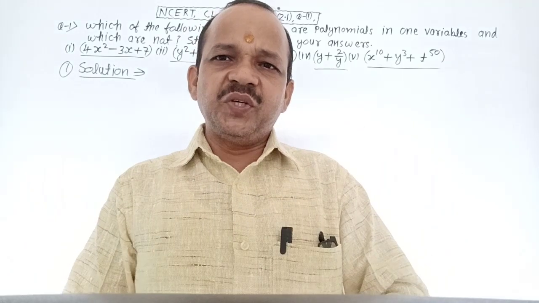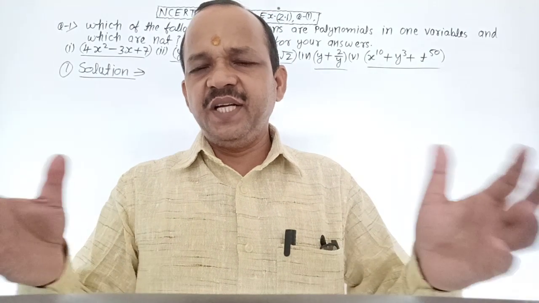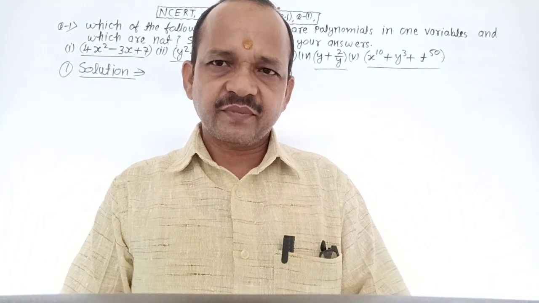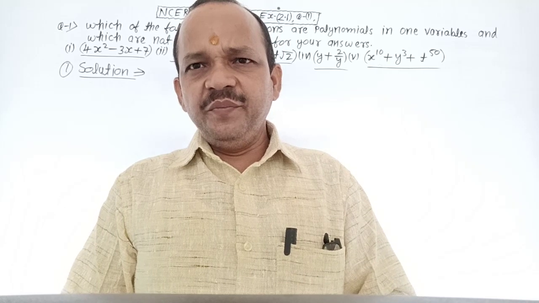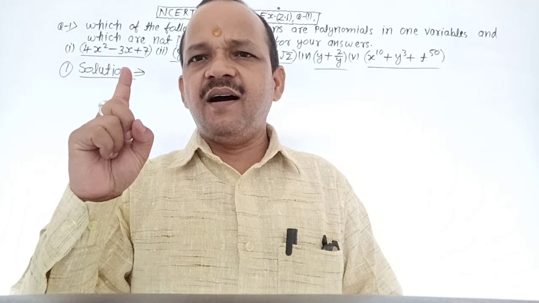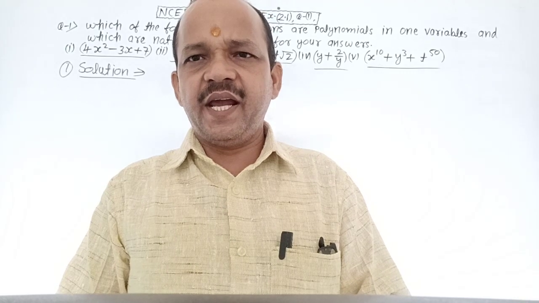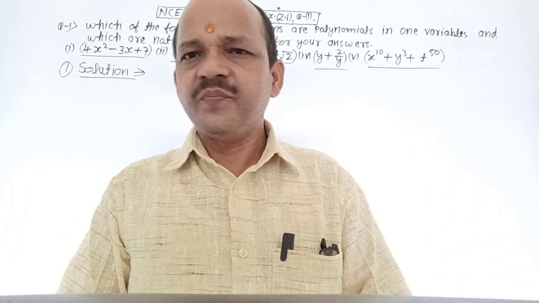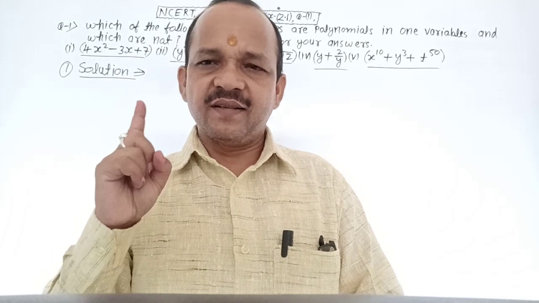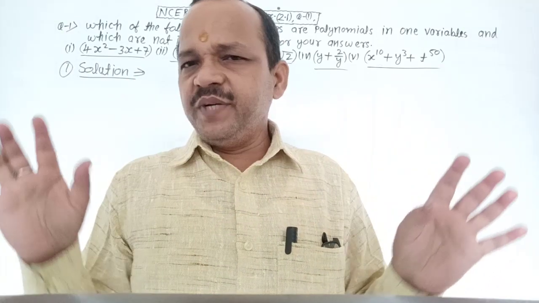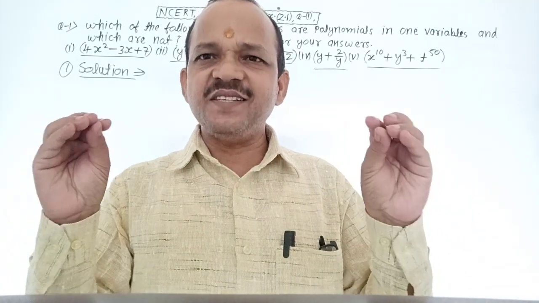Now I want to describe the types of polynomial, because polynomials are of many types. First, linear polynomial. A polynomial having degree 1 is called a linear polynomial. The form of a linear polynomial is ax plus b equal to 0. It has 1 zero, meaning one answer. Linear polynomial is clear? No confusion about it? Very good. It is very easy.